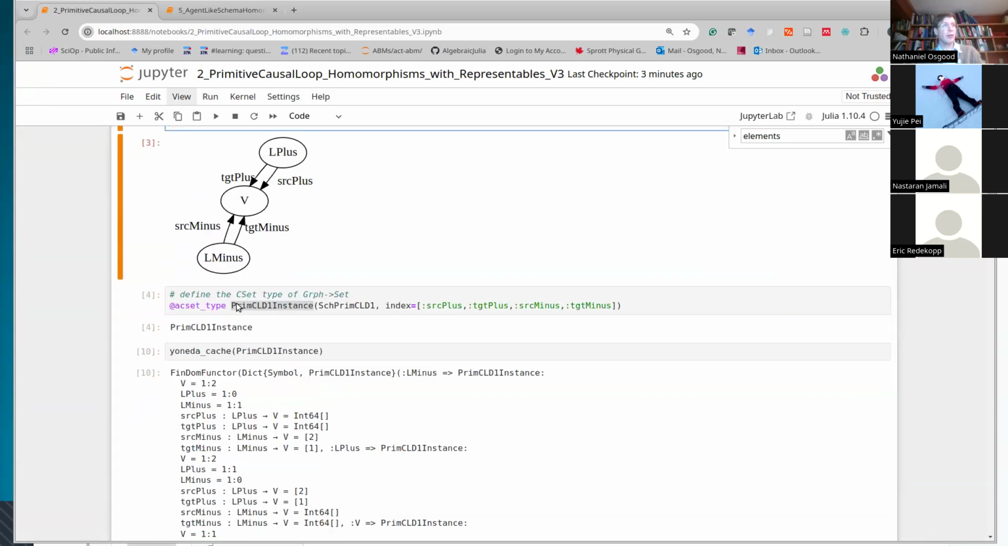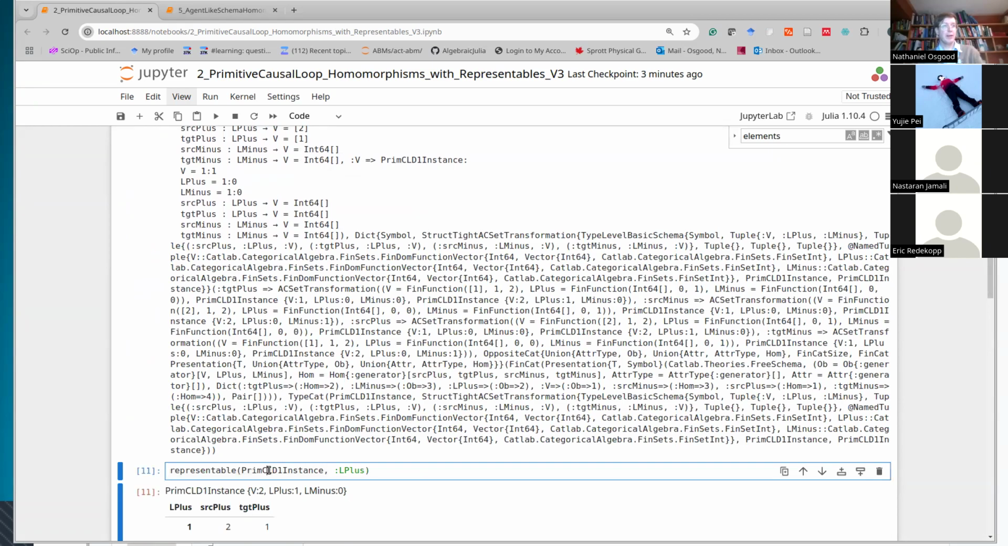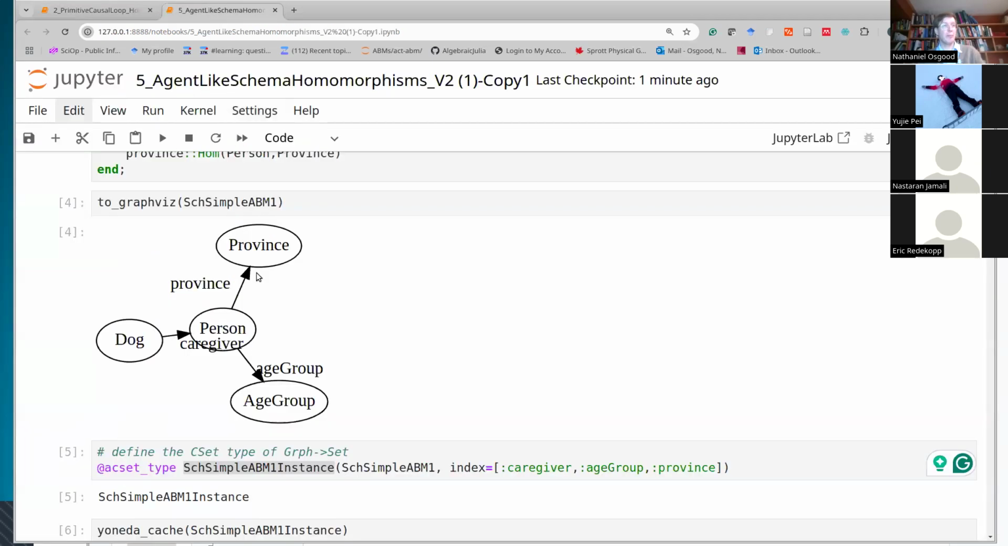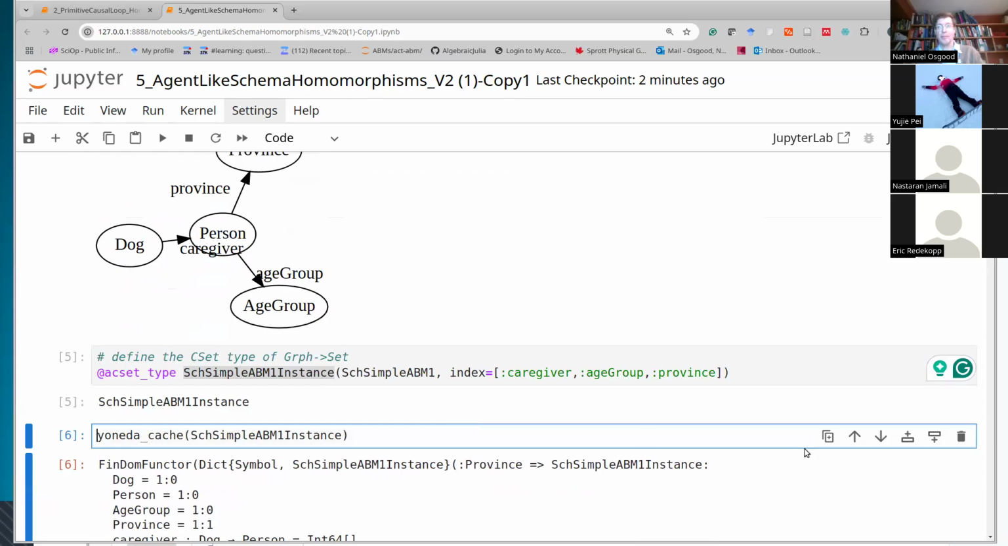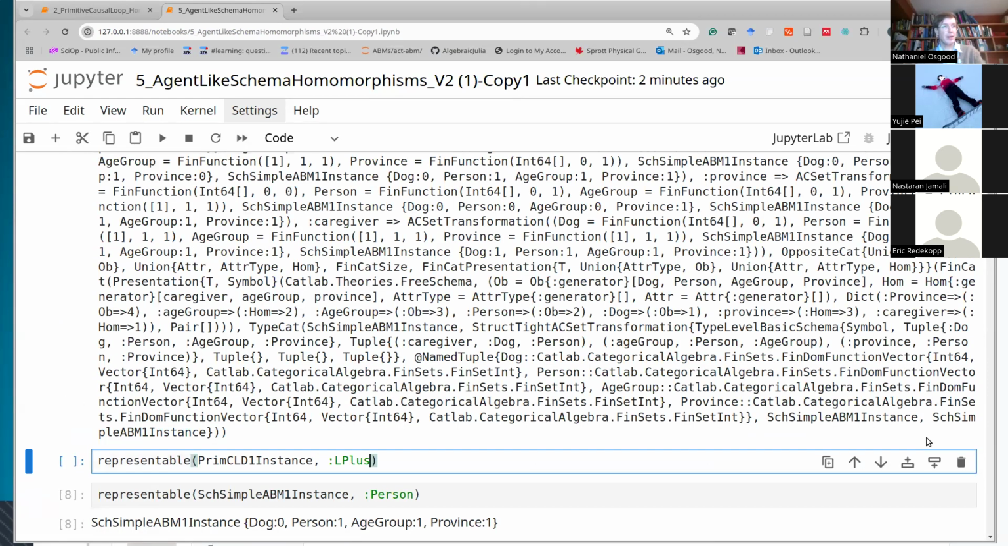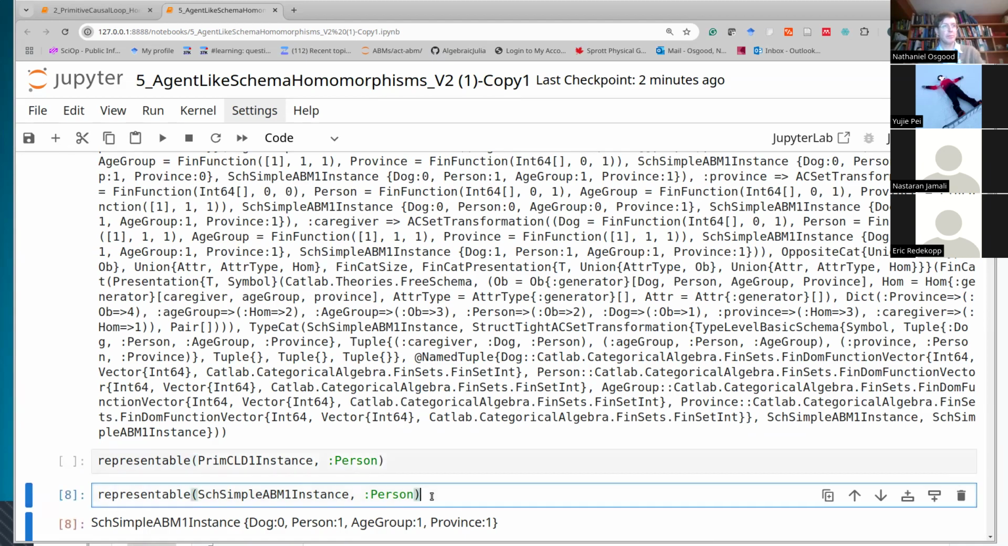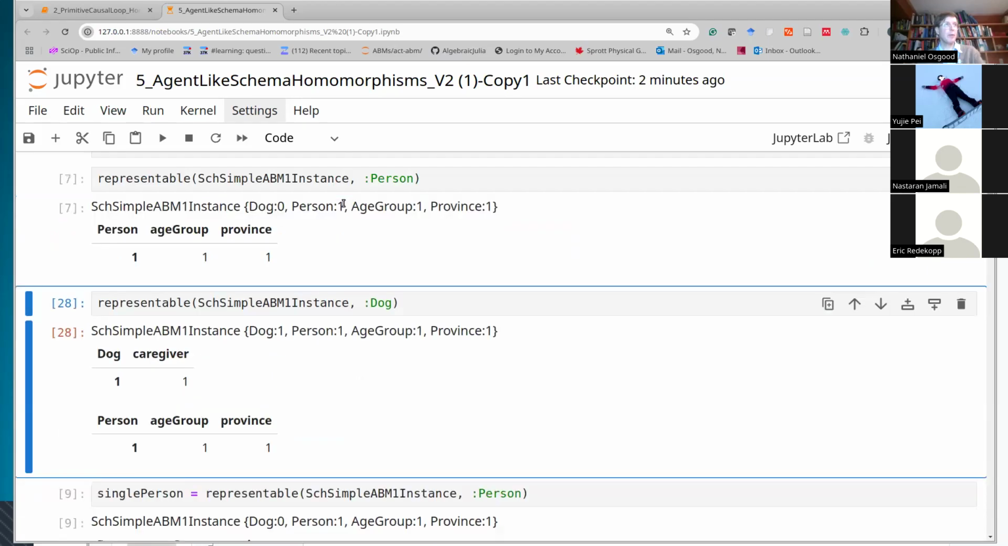So let's go. I'm going to copy the code here, and we're going to apply it here. But meanwhile, you're going to muse about it. What do you think the representable is for person? 2. Okay, so we're going to do the representable. Oh, here we go. The representable for person is, you said 2, but,